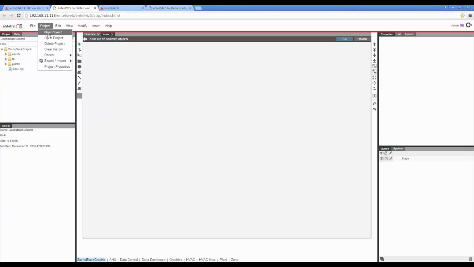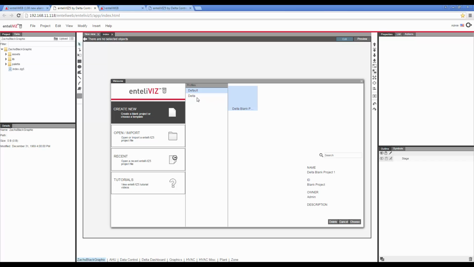If I go back to New Project and look at the Delta profile, the Delta profile has two layouts set up for you. And if you look, there are previews here. There's one with the navigation on the bottom and one with the navigation on the top. So the first one here, if I select the one with the navigation on the top and choose, and call it Zach's Delta project and go OK,